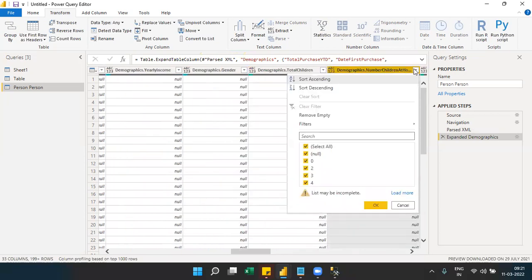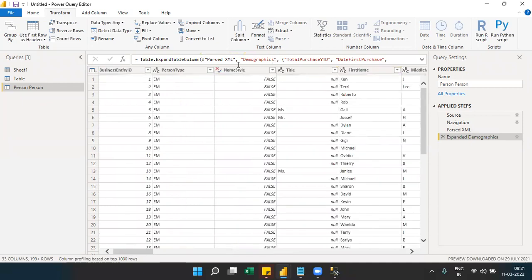Sometimes the data client can give in this way also. Then you can always use these options known as parse. This parse